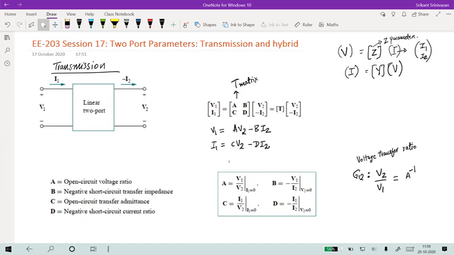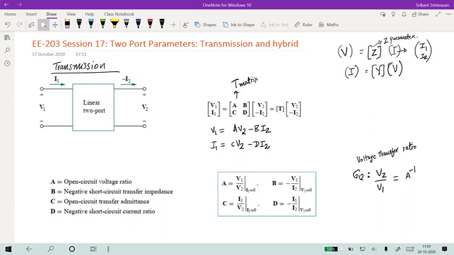So what is the units of C? C is basically an admittance because it's current divided by voltage, and it's when the output terminal is open circuit. A also requires the output terminal to be open circuit. If I want B and D, then what I have to do is make V2 equal to 0. That means I have to short circuit the output terminal. Okay. And in that case, B is given by V1 divided by minus I2 and D is given by minus I1 by minus I2.